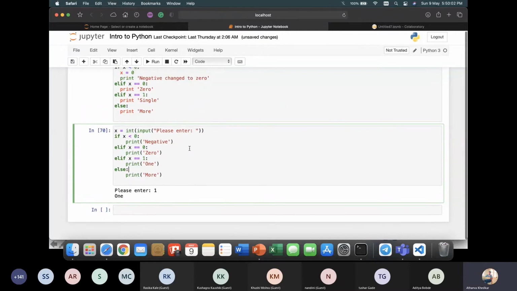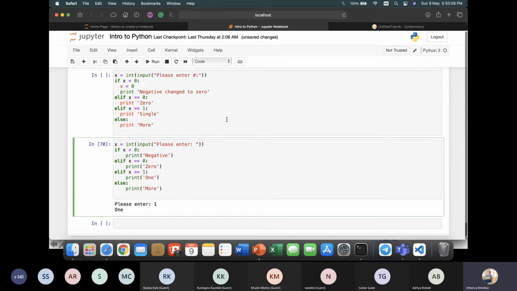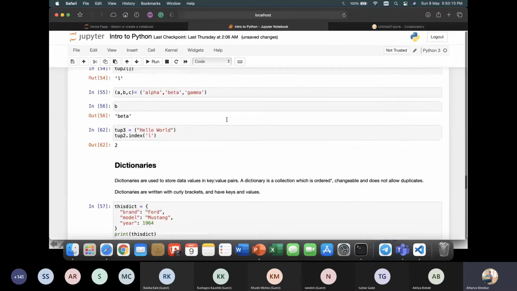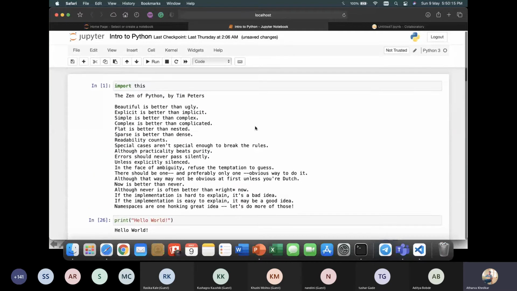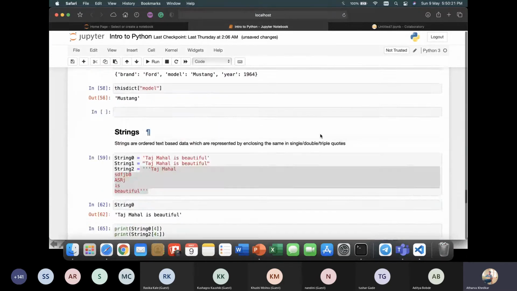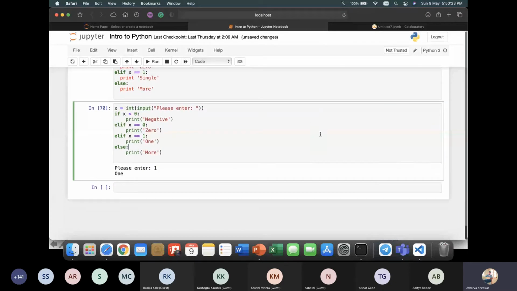So I would be uploading this notebook on GitHub, and you can just cross-reference it once again. Then you would be getting the hang of it. I am sure that it would be frustrating in the beginning, because Python is a big language and it won't be covered in only 1 hour. So give it time. We have given some references, and you can just go through those references and get started with Python.